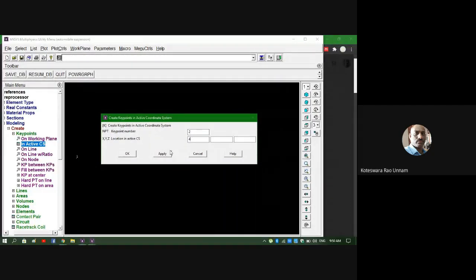I'll enter 4 here, apply. Then the third key point, whose x coordinate is 8. I'll click apply. I'll check whether it is created. Apply. Then the last one, the fourth key point, is at 10 meters, so it is 10 here.